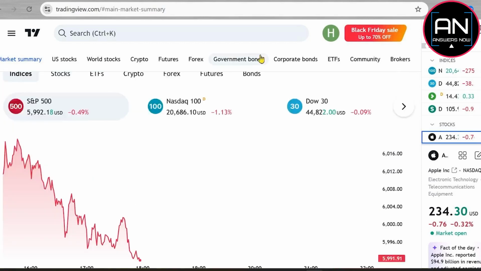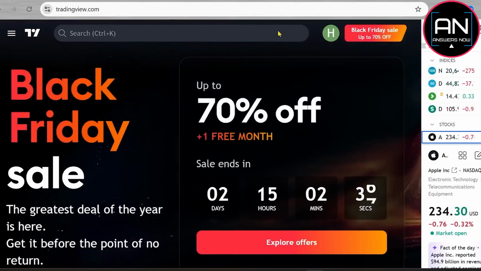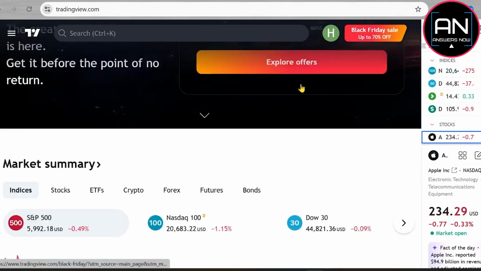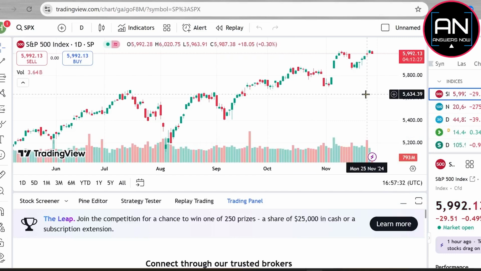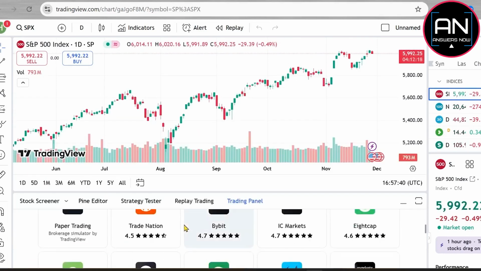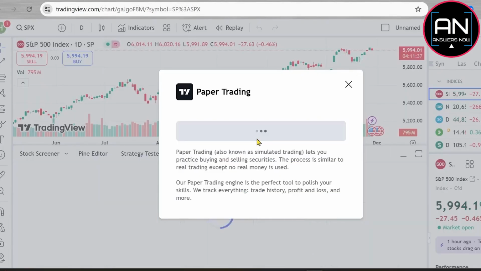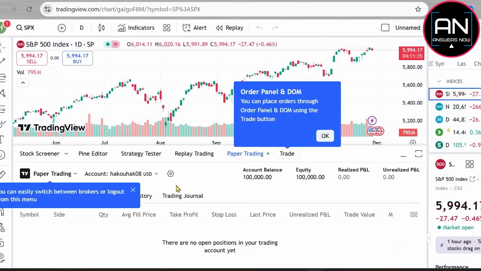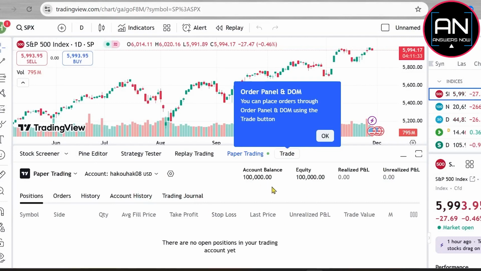For the next step, you want to click on the trading panel and then choose from this list a broker to connect through. Choose any broker here, like paper trading or anyone else, then tap on this connect button from the pop-up window. Now that you are connected through a broker, you can click on the little arrow next to it down here,